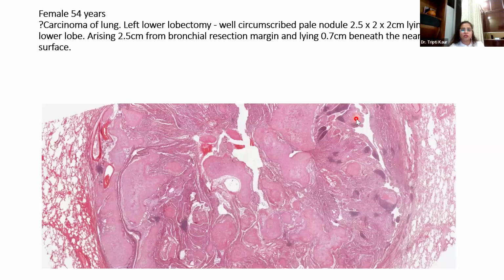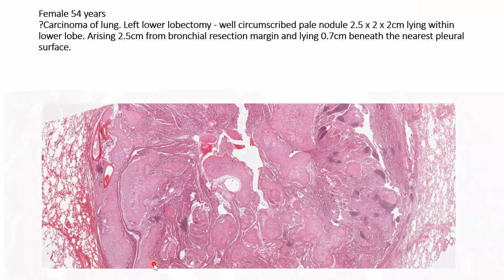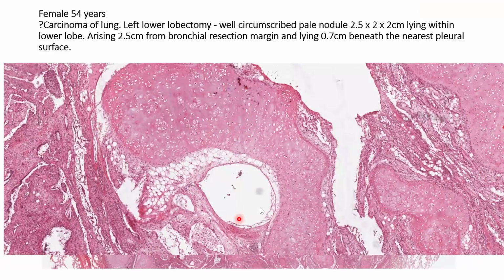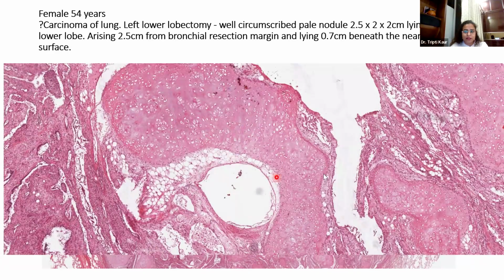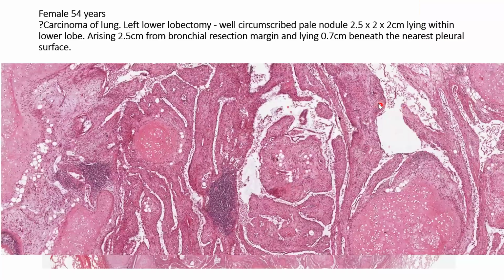Okay, you were just remembering this case and it has come. A case of lobectomy, and this lesion is just near the bronchial resection margin. What would you tell the doctor? What is it? You can see some lobules of cartilage here. Some epithelial elements are entrapped. Some adipose tissue is also entrapped. Some mesenchymal cells. Yes, hamartoma. Pulmonary chondroid hamartoma.